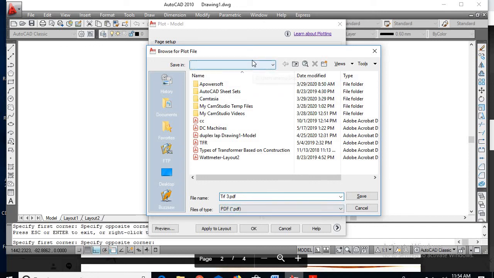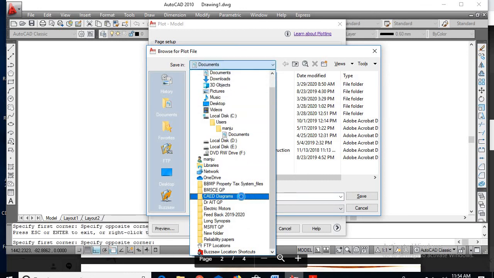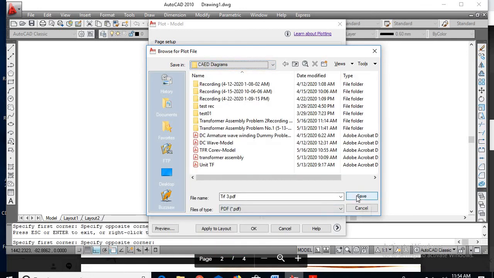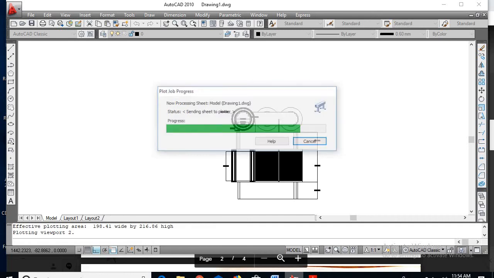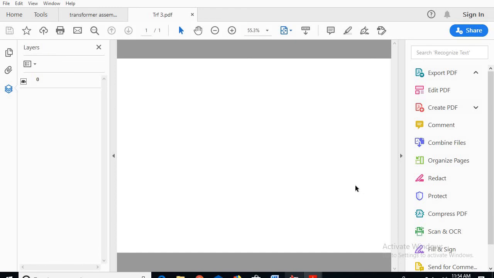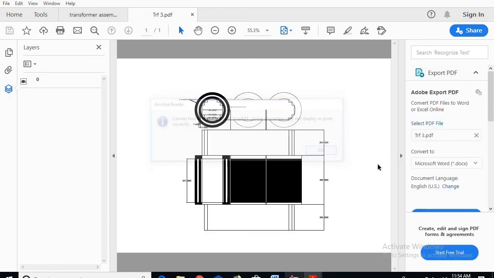So I'll go for third numerical. I'll say add diagrams. So save. After converting to a PDF, it will be looking like this. So okay.